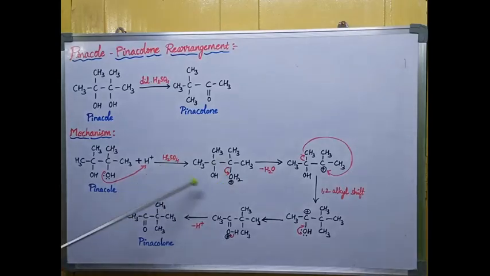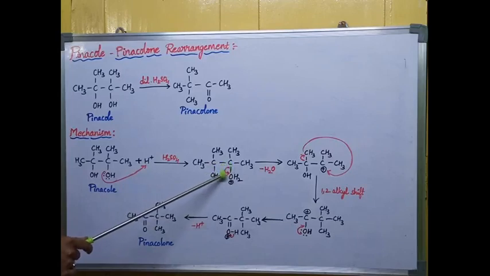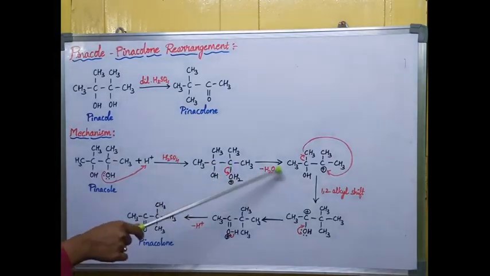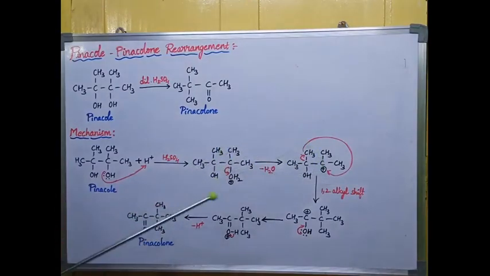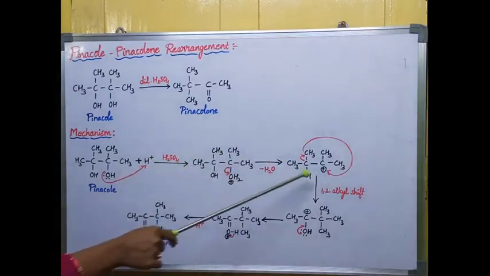In the next step, I need to satisfy the positive charge, and I will liberate this as a water molecule. So I'm breaking this bond and shifting the bonded electrons to the positive charge, and it is coming out as H2O outside. Now this carbon gets the positive charge. So now we are getting the carbocation as an intermediate.